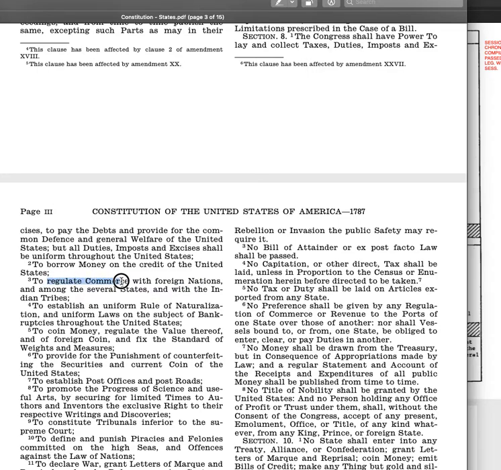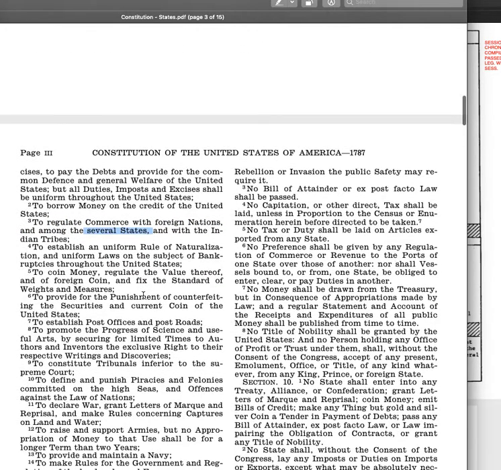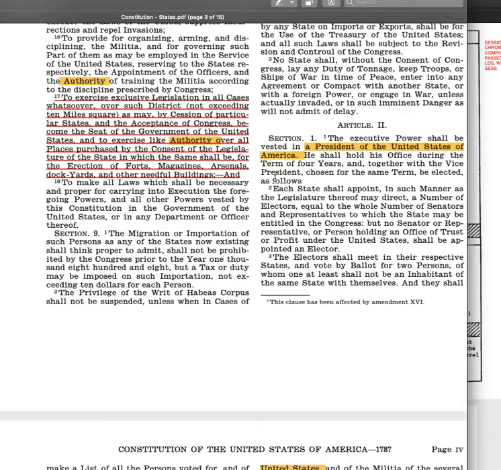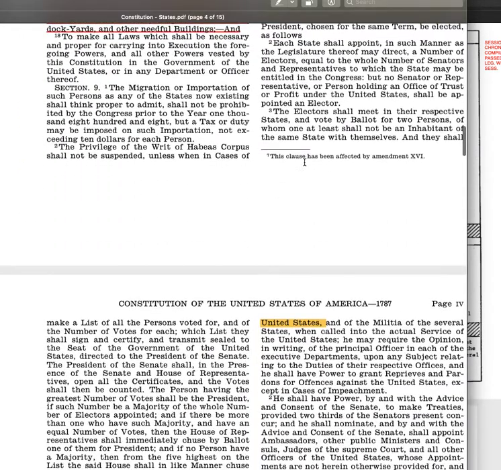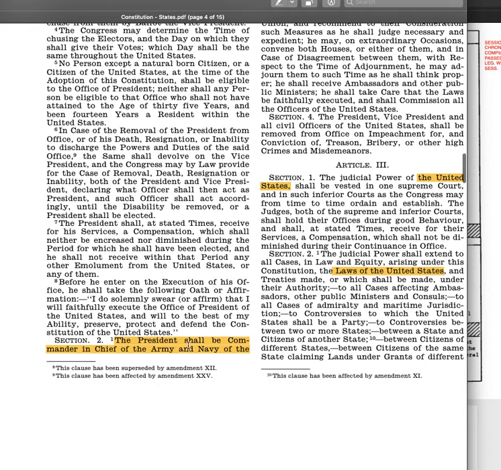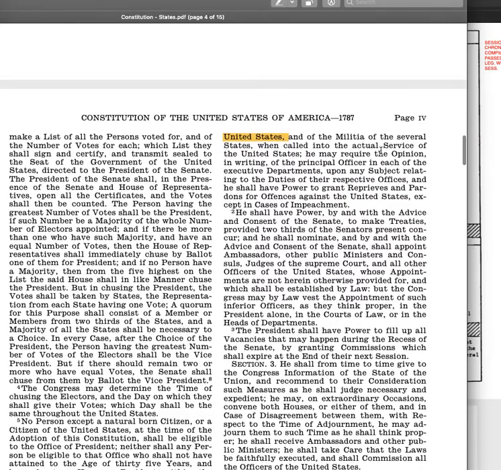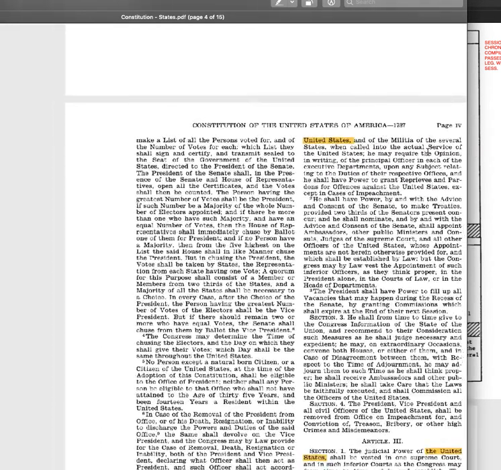So they wanted to be able to regulate their own commerce with foreign nations on their federal lands. They wanted to do business with the Indian tribes. They wanted to do business with all the states, with each other. Okay, they wanted to have people come onto the federal lands to become citizens of the federal lands, which is the United States. Because remember, the president is executive of the United States of America, but he's the commander-in-chief of the Army and Navy of the United States and the militia when the militia is called into service.